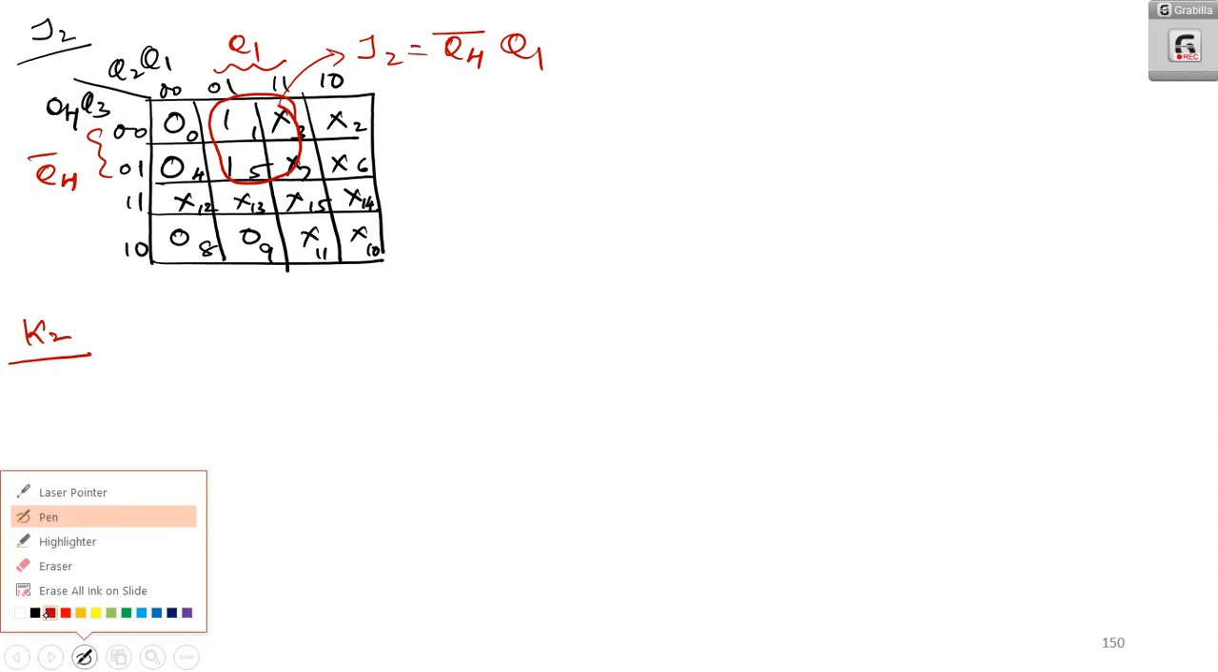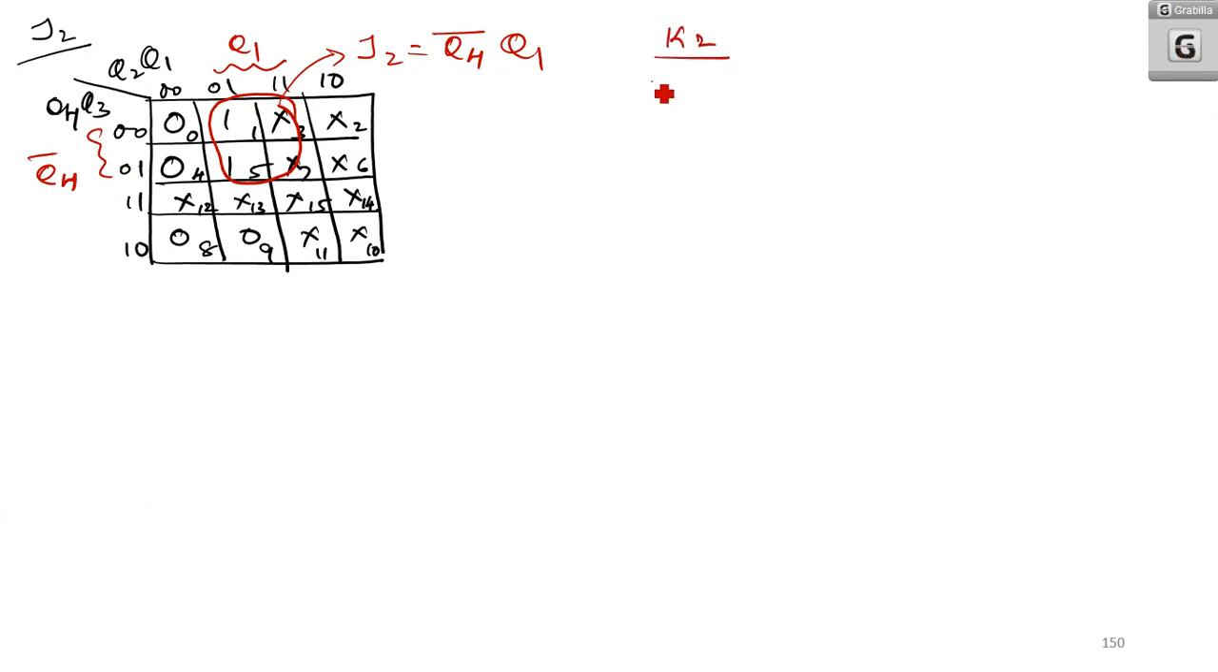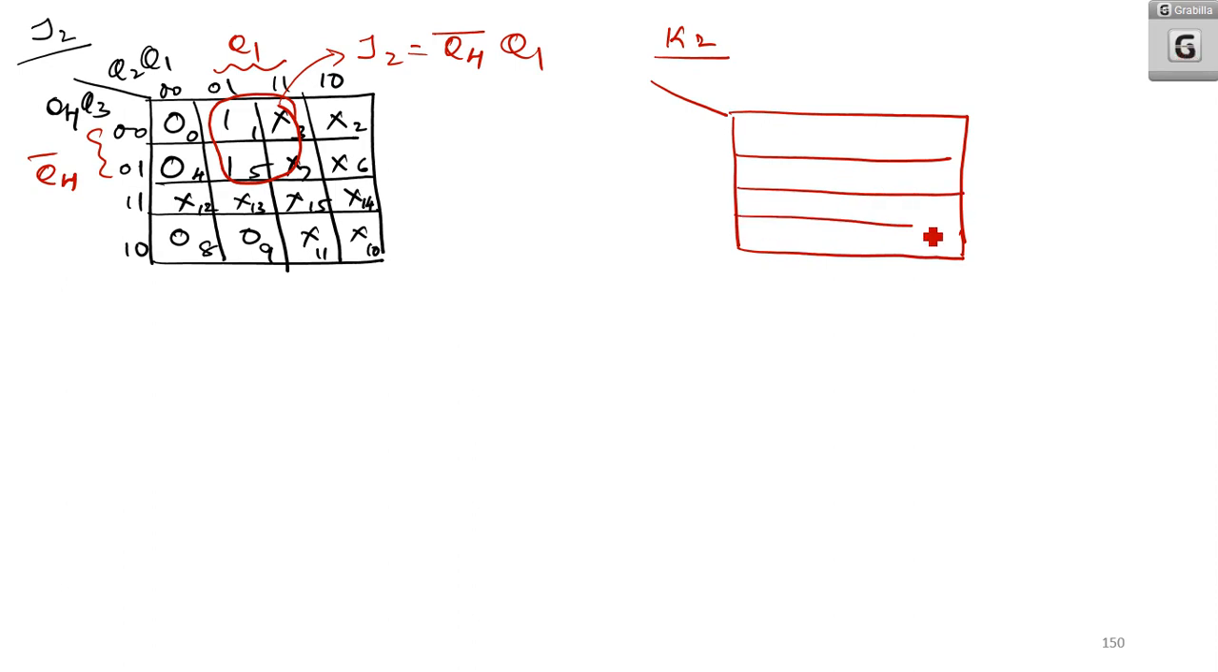So I will draw K2 here. Drawing a 4-variable K-map with Q4, Q3, Q2, Q1 and the codes 0, 0, 0, 1, 1, 1, 1, 0, numbered 0 to 15. Now coming to K2,